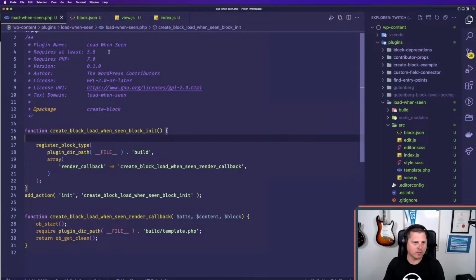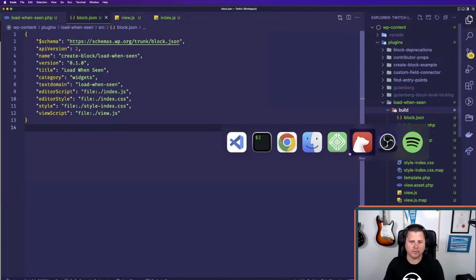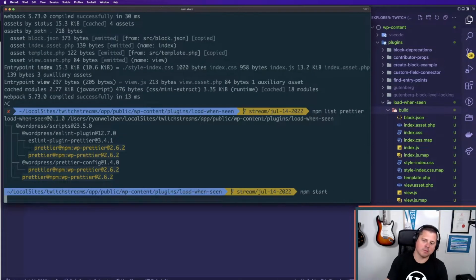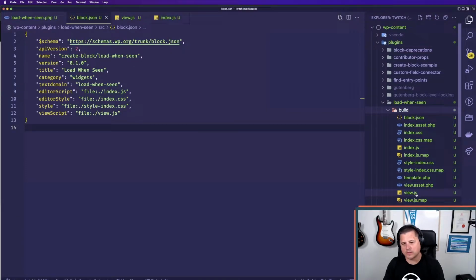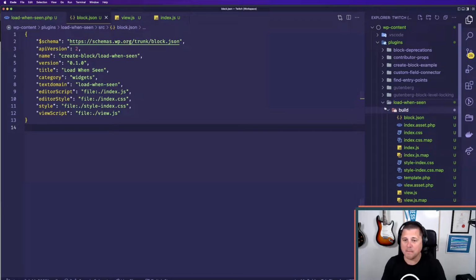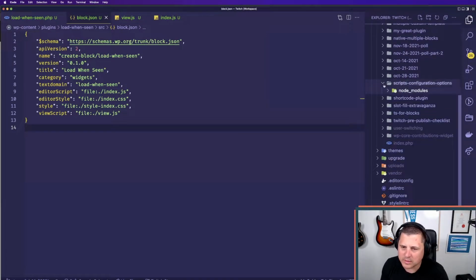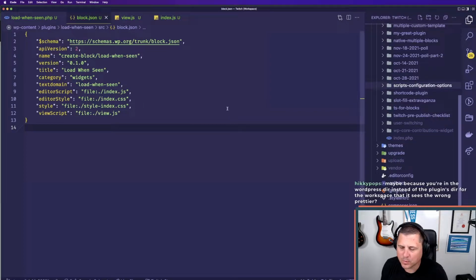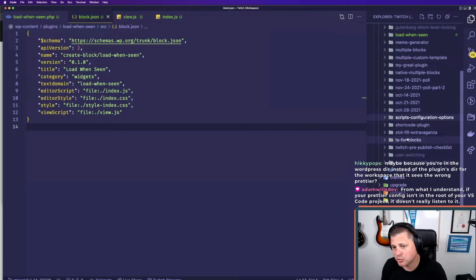Okay, so now in block.json, we've referenced this viewScript. Oh, I have to run the build again. So if I run my build, or I start, I guess, what it's doing is, now we've got this view.js, so that should get loaded on the front end. But if you remember correctly, I think we had to do this. What we had to do was